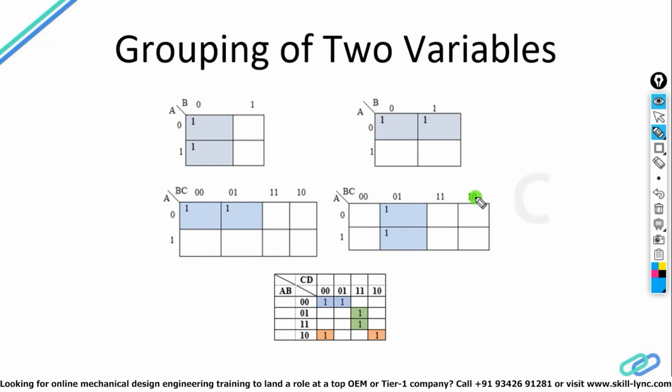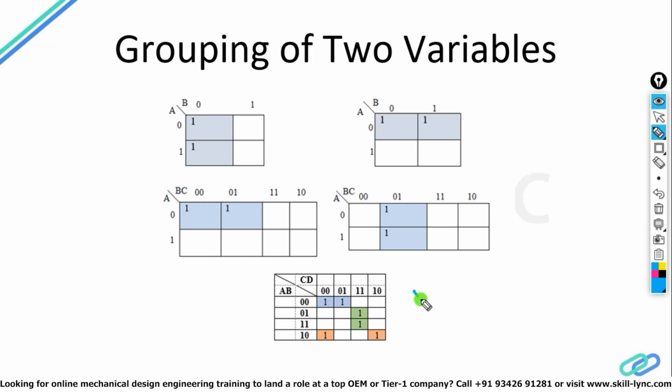One more option is there. For example, here one is there and here one is there. Then you can make a pair of these 2 corners, because we always say that this point and this point are joined. Similarly, this point and this point are joined in a K-map. The K-map is in a folded way. So we can make a pair of these 2 ones. It may be the case that these 2 corners can also happen. So you can make a pair in these ways. This is a 3 variable K-map.